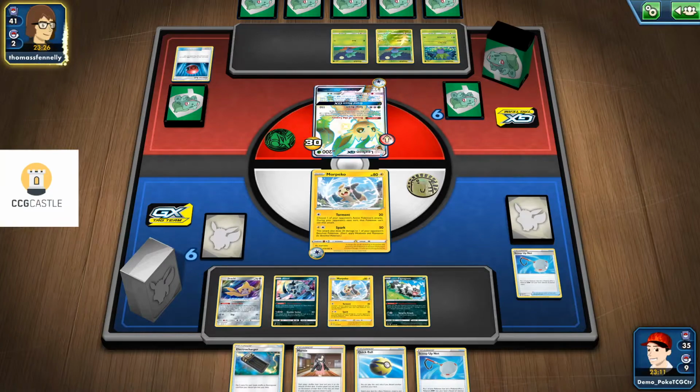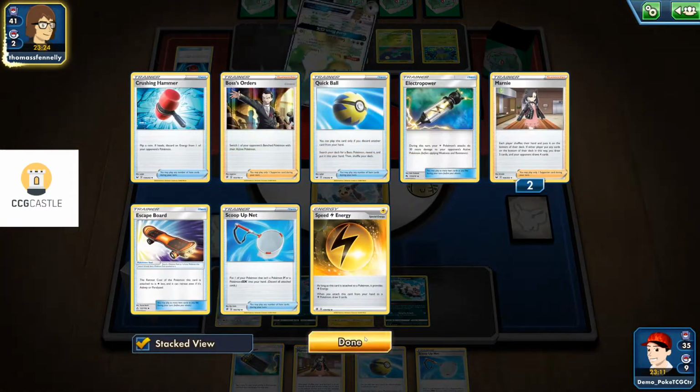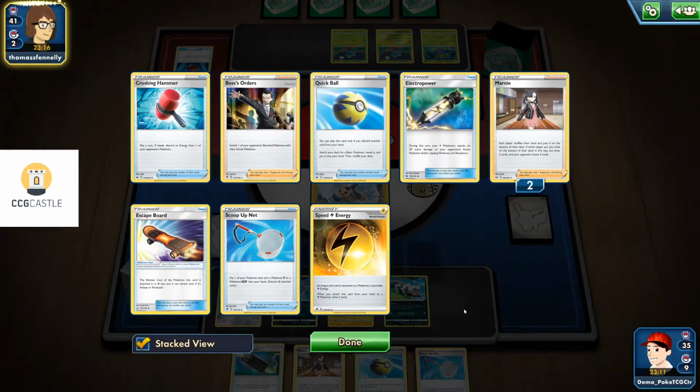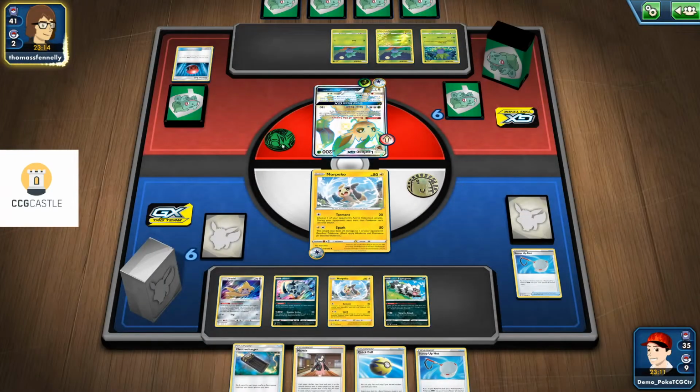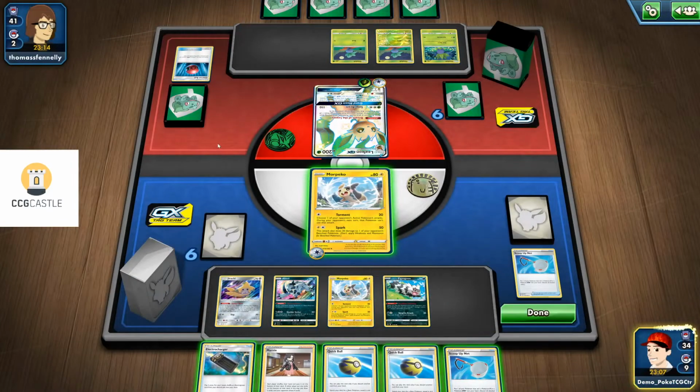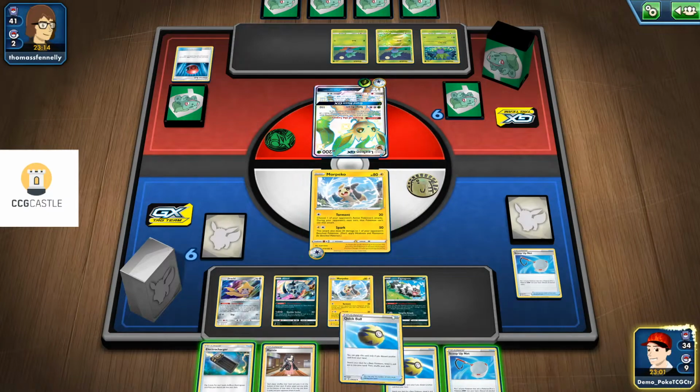I just retreated my Absol with that Speed Lightning energy, and that was also, you know, kind of a bad play, I should say, but it's okay in the end. So what can I do next turn? I need to find myself somehow...